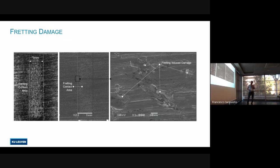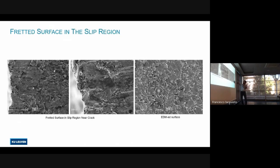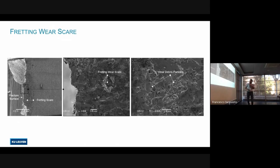that we investigated. So here you see the fretted area. If you look at the edge of the fretted area, we see some fretting damage. These are typical fretting damage, which you can see also for rod material. Here is the, let's say, EDM surface, and here is the edge of the crack. And then we also see, in the slip zone, some local damages because of the fretting behavior. If we look close to the edge of the crack, we see some wear particles as well, or wear scars, and also some wear debris particles,